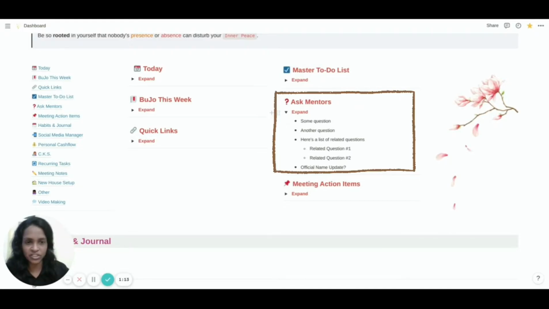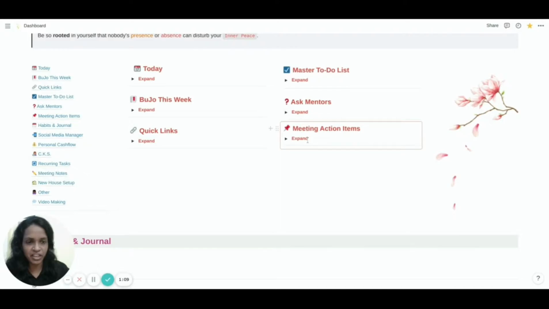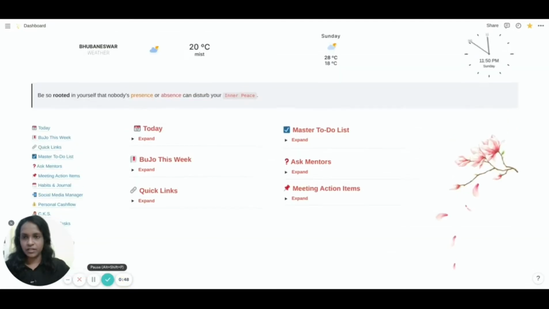This is a section to jot down questions that I would like to ask some people. And here I like to update my weekly bullet journal goals from my bullet journal so that I can check out the list without having to carry my diary on the move all the time. And that is my to-do list for the day.